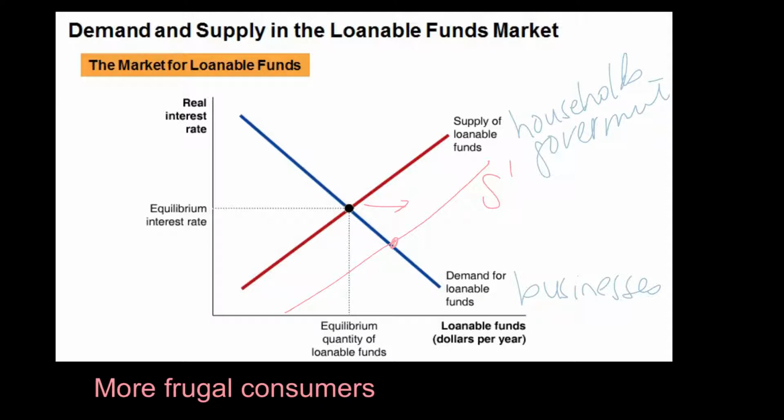And then what that would mean is, yes, there would be a higher equilibrium quantity of funds, and there will be a lower interest rate. This is our long-run interest rate that is sort of beyond the control of the Federal Reserve. I'm getting a few chapters ahead even mentioning that. But what we do see is that when things happen in an economy to encourage consumers to save more, this is what we would expect to see: lower interest rates and more funds available for investment. Now notice that on the business side, they didn't change their demand for loanable funds, but they will be demanding a higher quantity of loanable funds because you've made the cost of borrowing less.